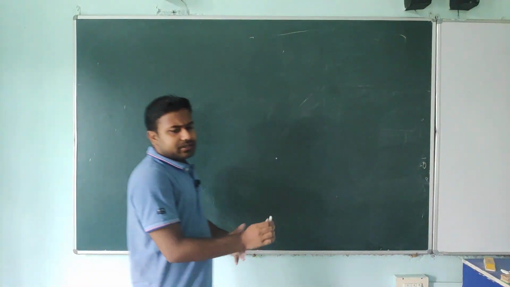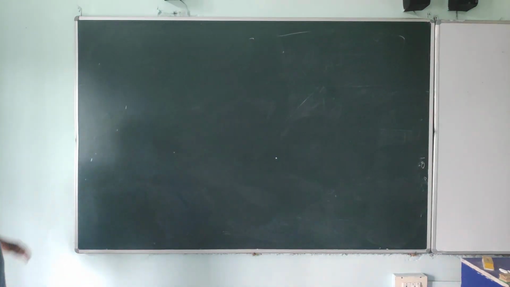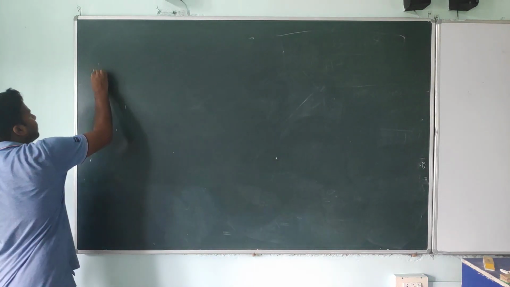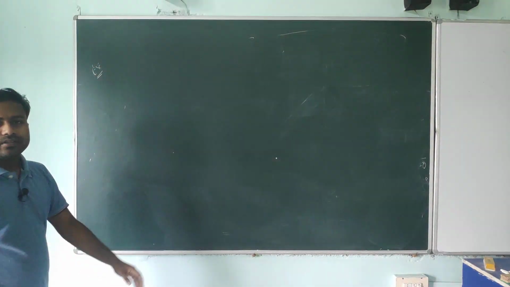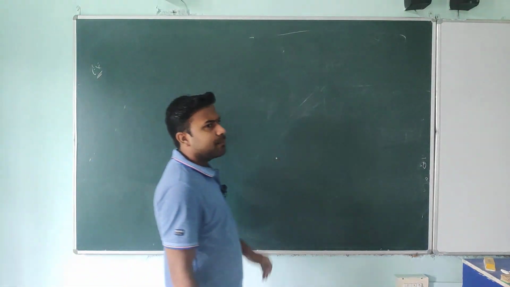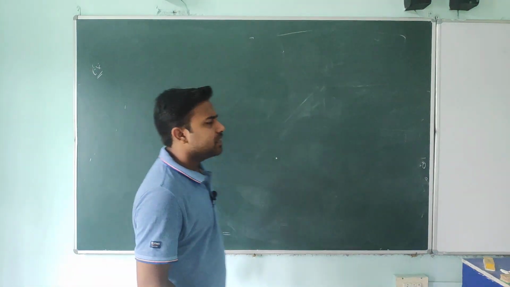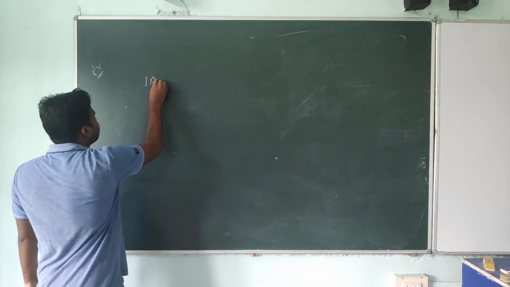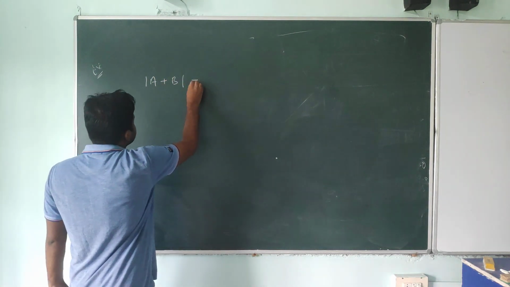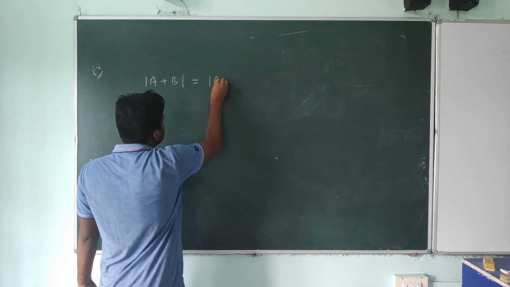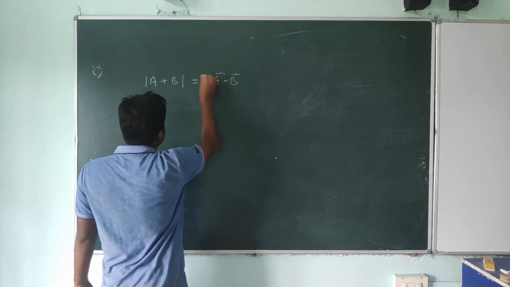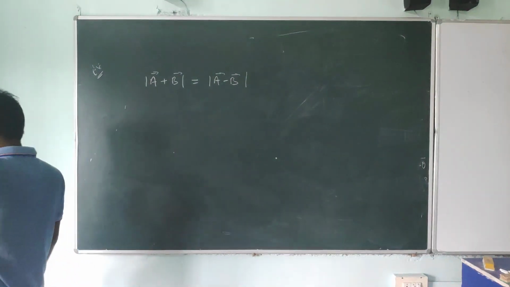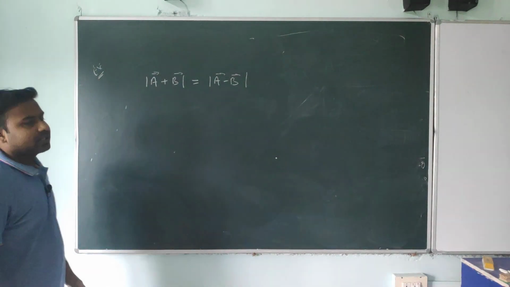Now I am going to discuss the product of two vectors. One more thing, before going to discuss the product of two vectors, I am also taking one more example. This example was asked by the IIT JEE in 2010 or 2011. Look at this. If we are given that mod A plus B is equal to mod A minus B, these are all vectors. Now here we are taking the concept of addition as well as subtraction of vectors.